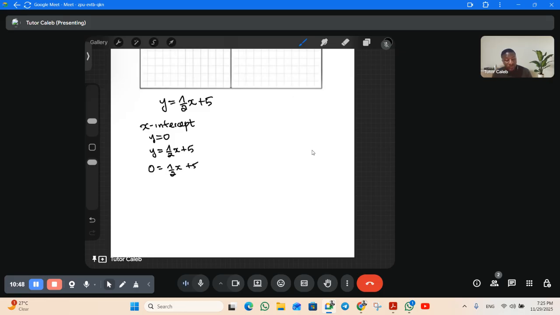If we do that, we'll have 0 times 2 is 0, equals half times 2 will give you 1. So you have half x times 2, this 2 will cancel with this, 1 x, plus 10, which is 5 times 2. So you will get 0 equals x plus 10. So x will give you minus 10. Now, for the y-intercept, so you have the point here for the x-intercept, negative 10 and 0. This is our x-intercept. For the y-intercept,